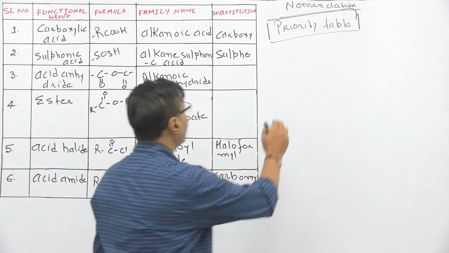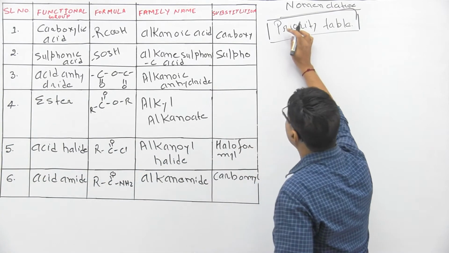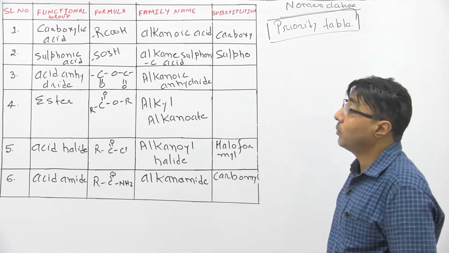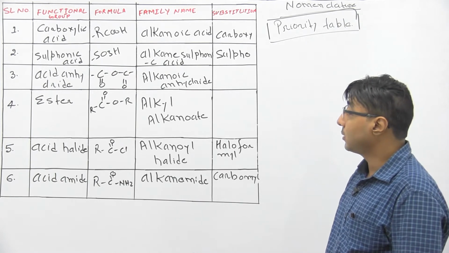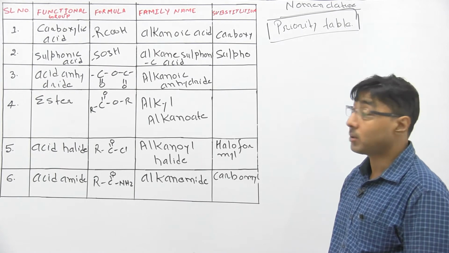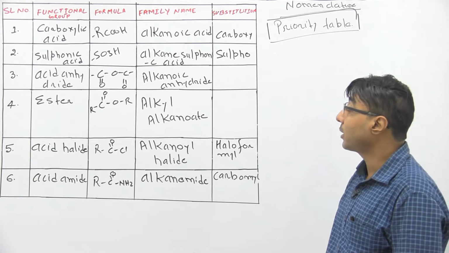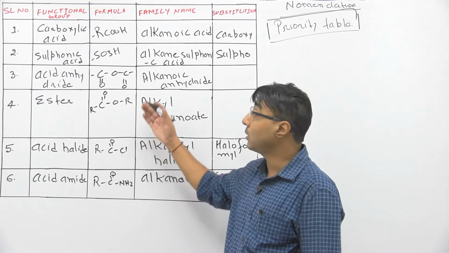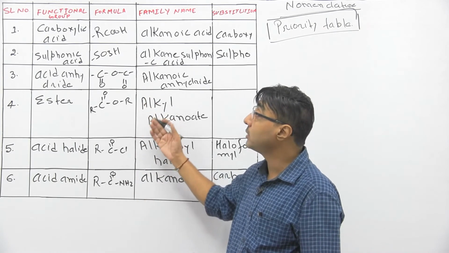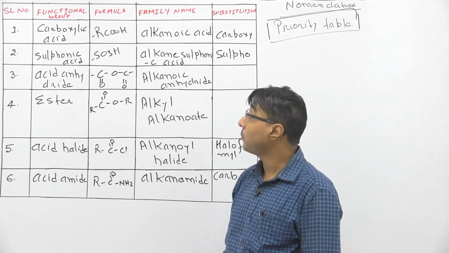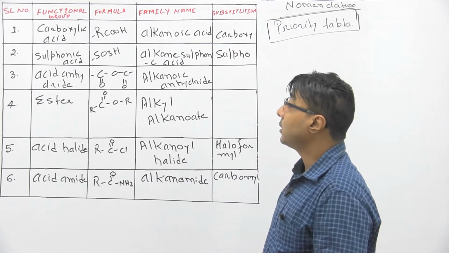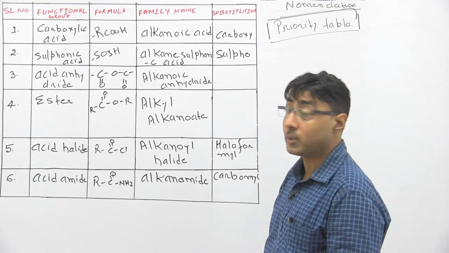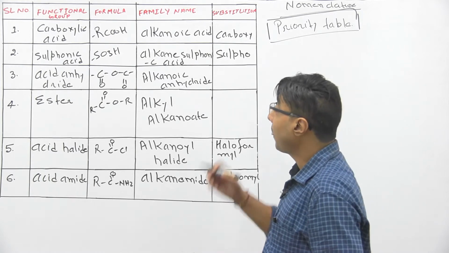This one is a priority table, and this will be utilized when more than one functional group is there. Till this time, we have finished so many objective and nomenclature based on the single functional group. Now from here onwards, we are going to discuss about the compound which contains more than one functional group. Generally in medical, they ask 2 or maximum by 3 functional group at a time.